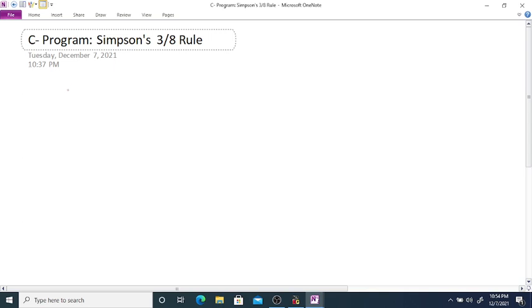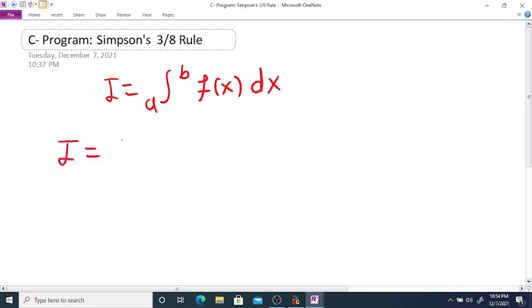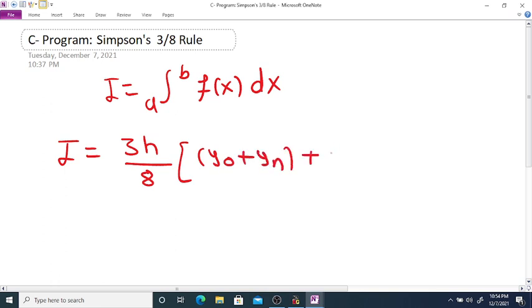Simpson's 3 by 8 rule. Suppose we want to evaluate an integration from a to b of f of x dx using Simpson's 3 by 8 rule, then we use the formula I is equal to thrice h divided by 8, times y0 plus yn plus 3 times y1 plus y2 plus y4 plus y5 plus y7 and so on, that is